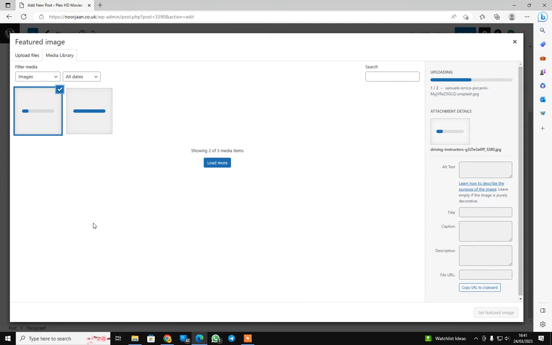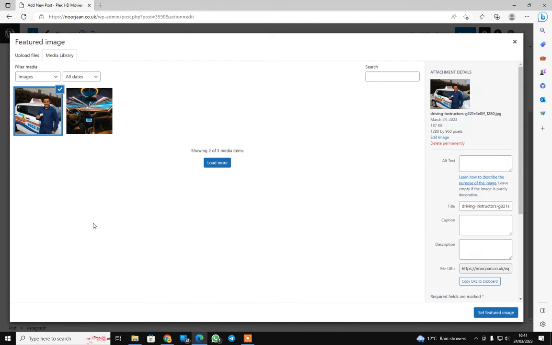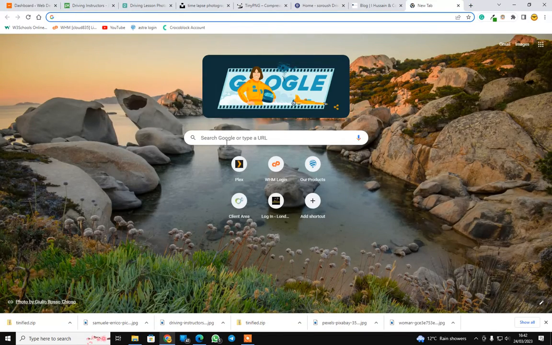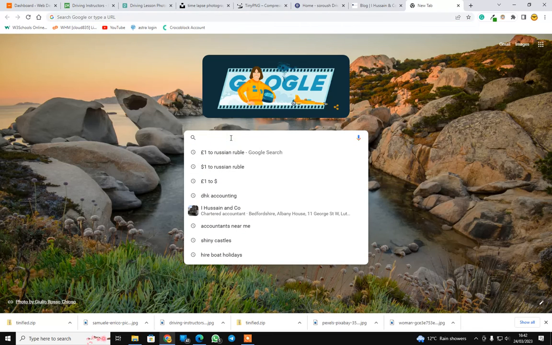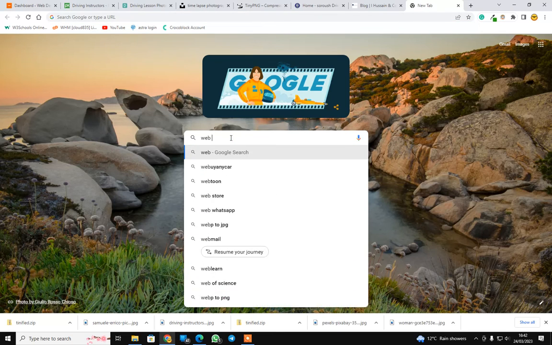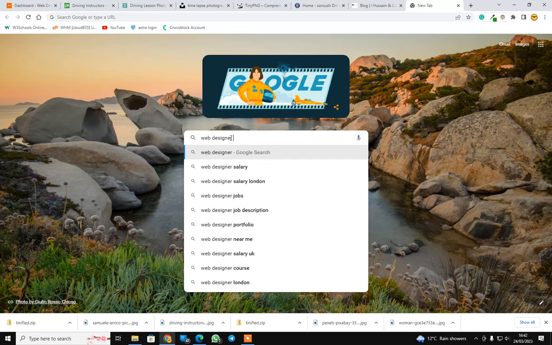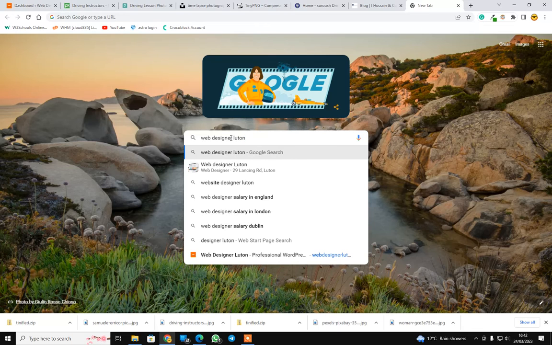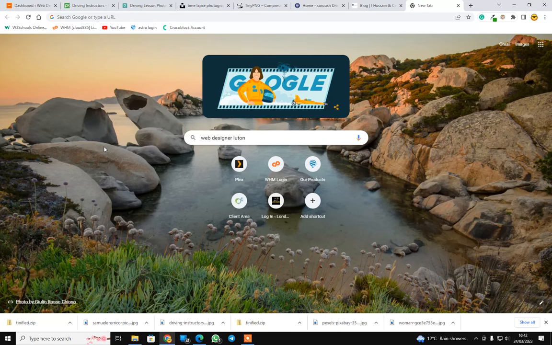Now there's one last thing I want you to focus on here. Whichever image you want, you see where it says ALT text, this is basically the description of the image. You must type this here. Why? Let me show you why. Some people search things with images. For example, if I say web designer Luton, and if I search this,